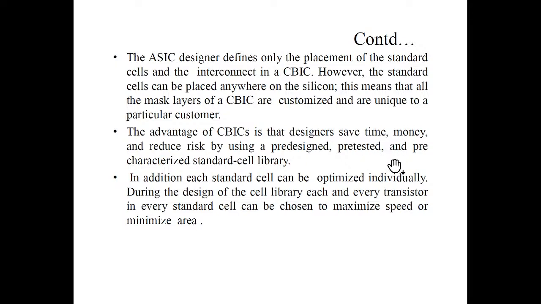So the pre-testing and pre-characterization time is saved here. So the time that is required to manufacture this semi-custom integrated circuit is less as compared to full custom. In full custom design, for implementation or manufacturing of any integrated circuit, 1 to 2 months of time is required, but here that time is saved. For a semi-custom integrated circuit, only a few weeks are required to implement it.